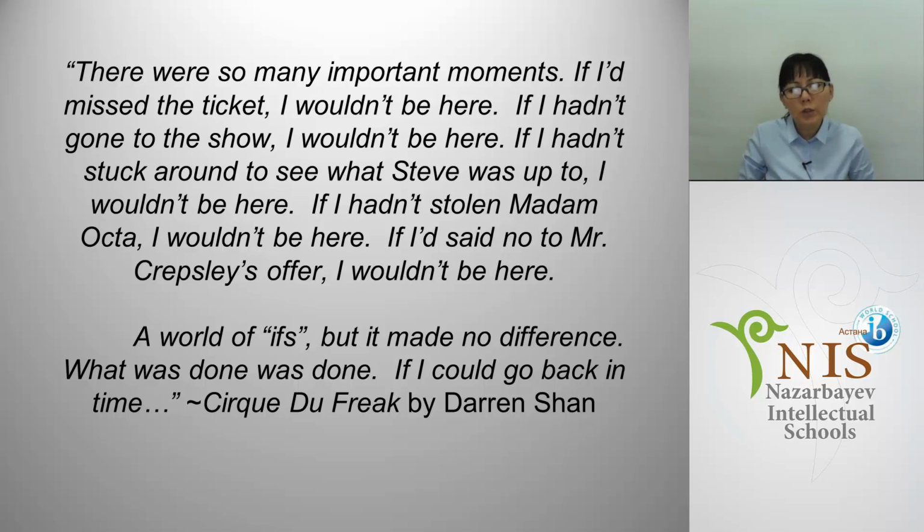So the phrase "I wouldn't be here" is repeated. The author wants to emphasize that the character really tries to find the main reason, or identify the meaning of being there at this time. And there is another repetition, of the conjunction "if", which was done to underline all the circumstances that brought this person to these consequences. The person tries to clarify it for himself, and he explains it